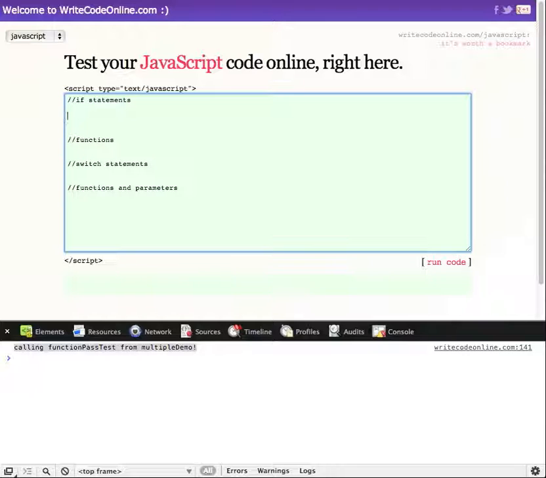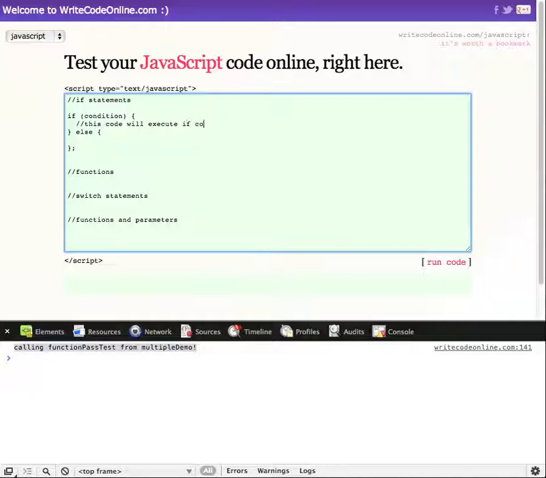An if statement is basically just a conditional statement that checks whether or not a condition is true or false, and depending on that will execute a set of code. How to write a basic if statement is: if (some condition) { } else { }. Inside here, this code will execute if the condition is true,